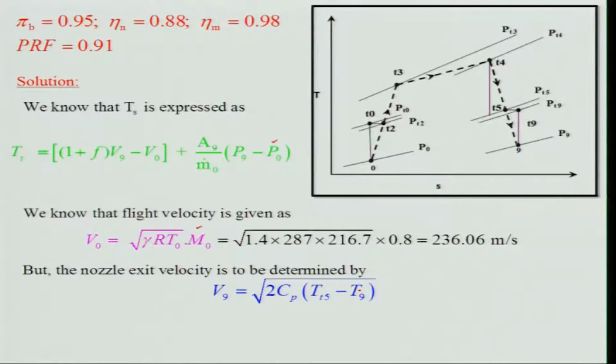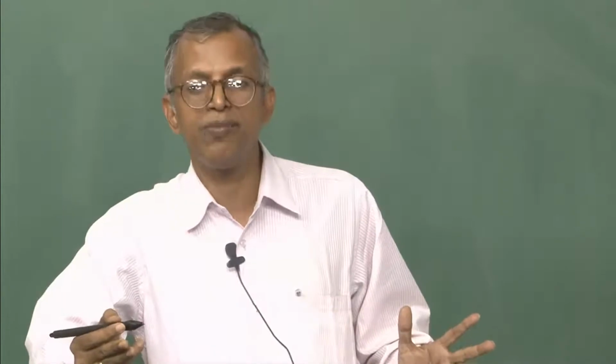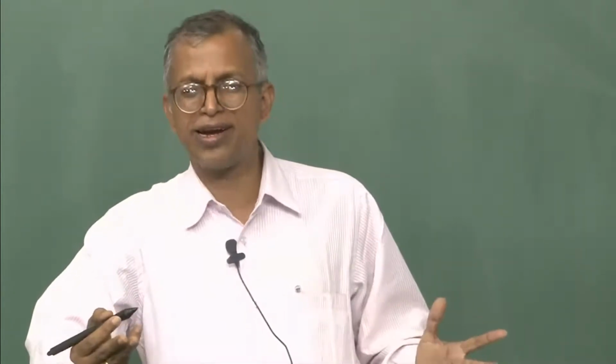If you look at this diagram, TT5 is to be determined, but TT4 is known, right. Can we really get this from this data, because TT4 is given as 1600 Kelvin, am I right? It is given as 1600. Can I get it without really looking at each point, what will be pressure and temperature? Is it possible? Yes or no? Certainly no, because tau T is not given. If tau T is given, you can get it directly.